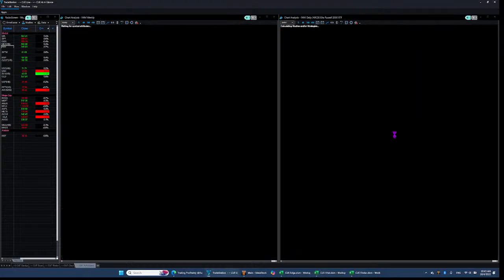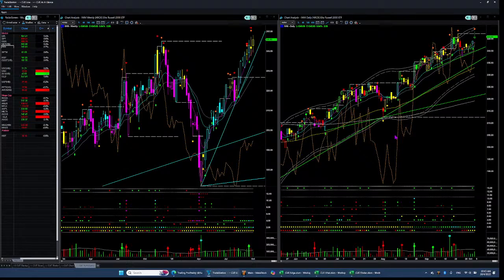IWM made a new all-time high this week, though I think on a closing basis also, yes, on a closing basis also made a new all-time high this week. So all the four market ETFs made a new all-time high. Here the trendline supports are so close that it will not be easy to short IWM anytime soon. So only one that may give shorting opportunity,